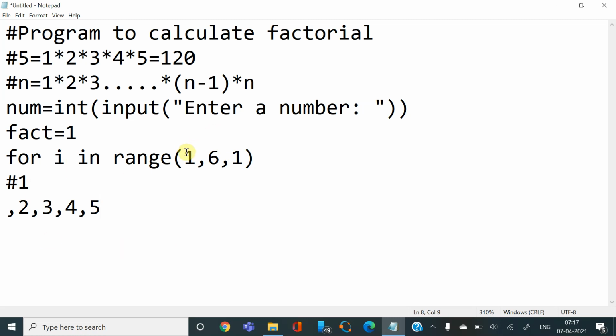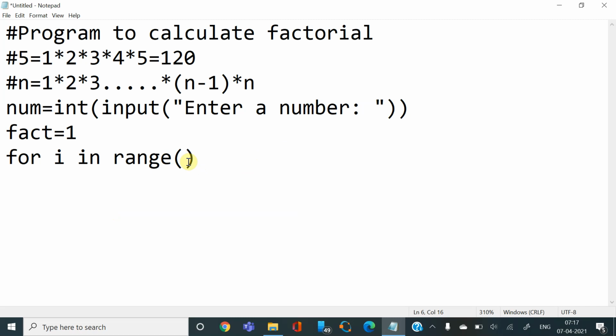So it starts from the starting value, and since the step is 1, it is incremented every time by 1 and stops 1 before the ending value. Our ending value is 6, so it will stop 1 before that, so 6 minus 1, which is 5, right? So that's how range works.